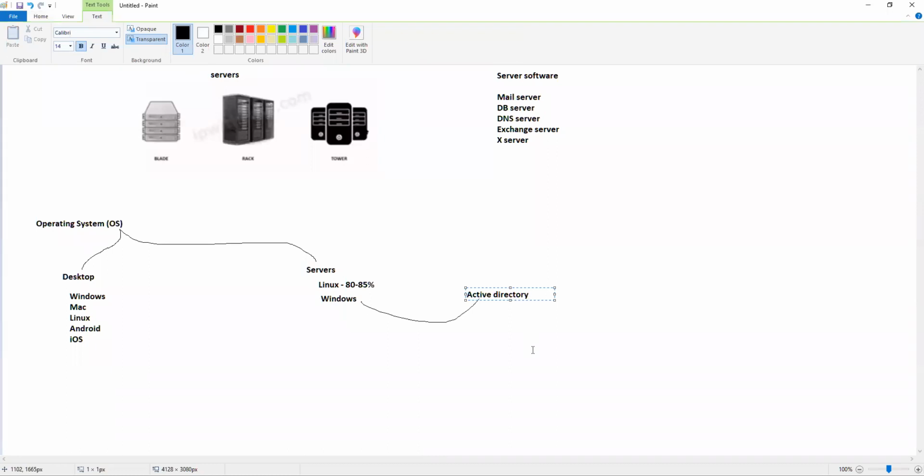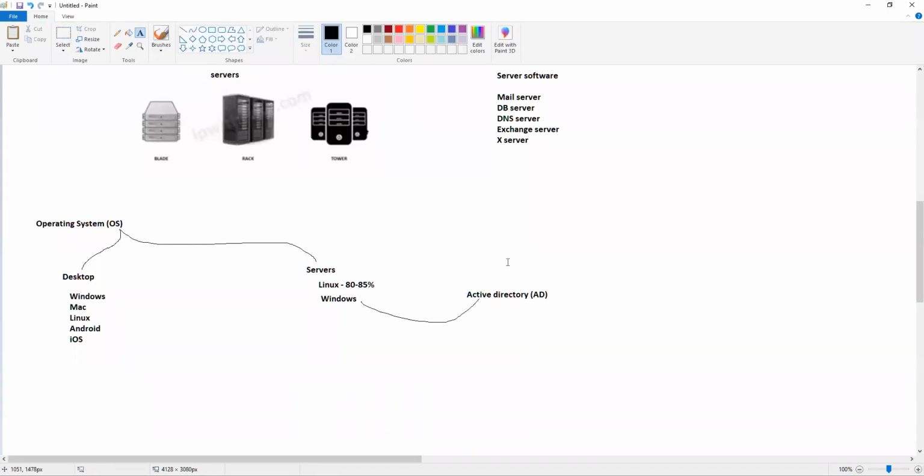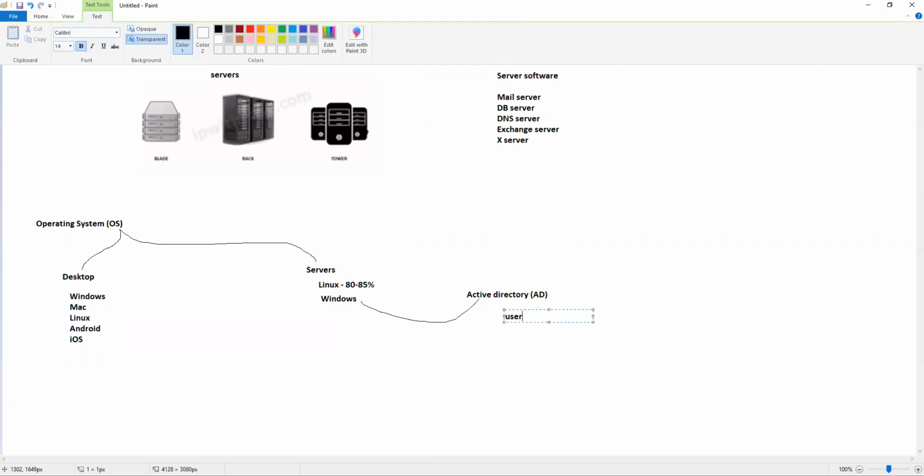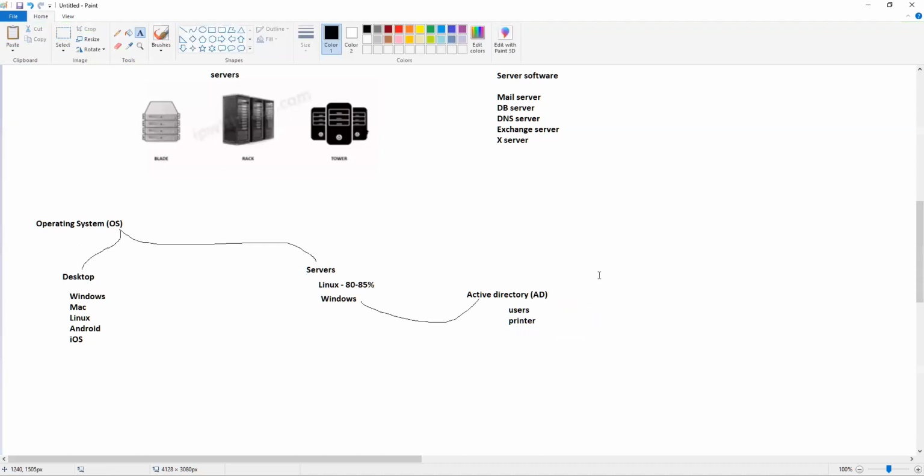Active Directory, or AD, is one of the Microsoft services which almost 95% of companies use for their directory services. When we talk about directory services, it is basically resource management, the users and other resources like printers. Mainly it is the users: you can keep the username and password in Active Directory, and from there you can pretty much integrate it with any other systems.